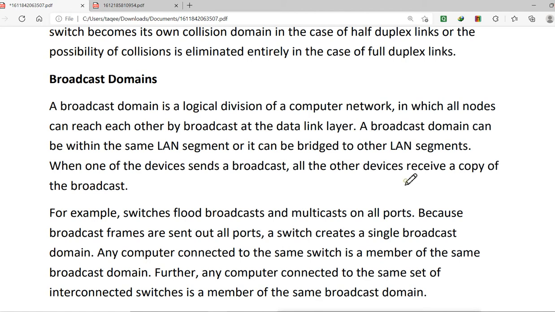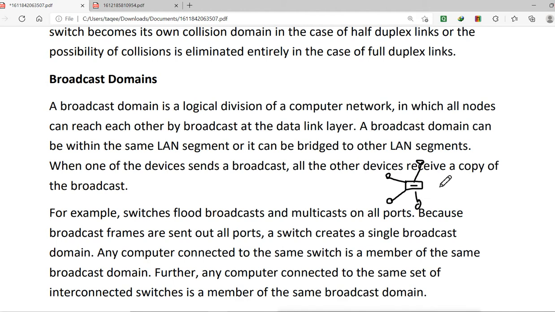And by default the hub has a broadcast domain. That means it is a single broadcast domain, the hub. And if you have one hub, then it is a single broadcast domain, because it does the broadcast. If one machine sends the data, whether it is broadcast or not, when this machine sends the data to the hub, it will always do the broadcast, and it will send it to all the other devices. So by default the hub is a single broadcast domain.